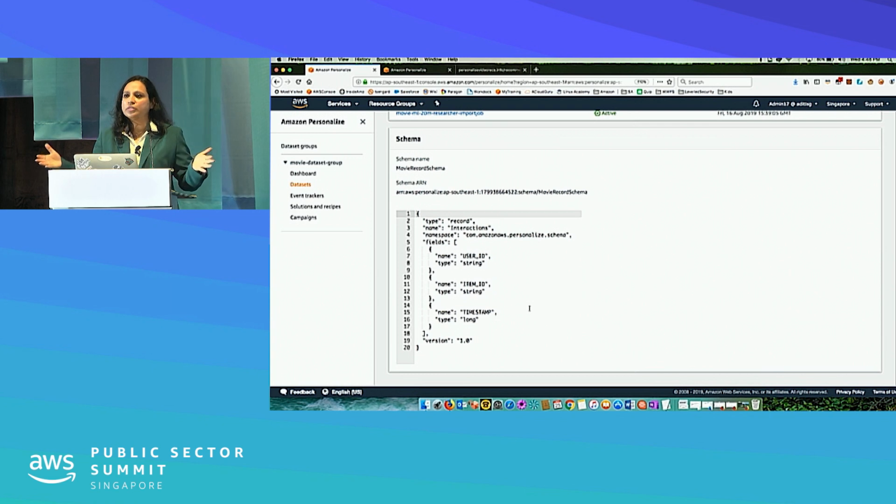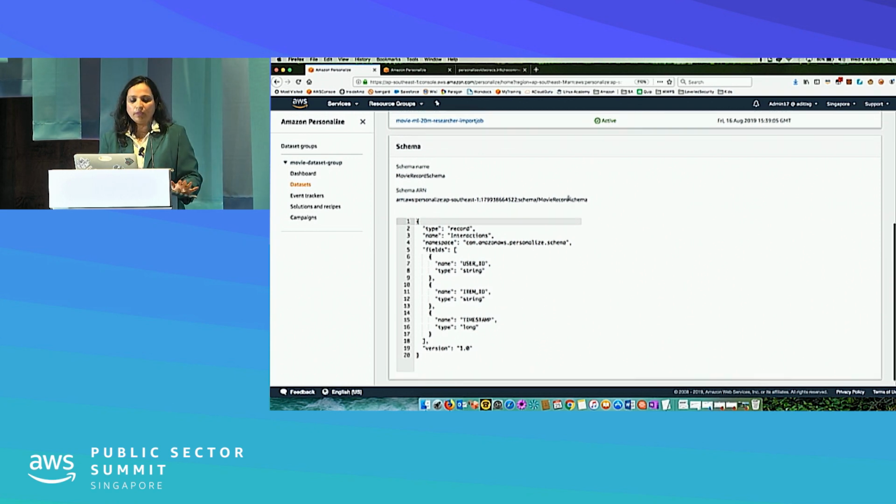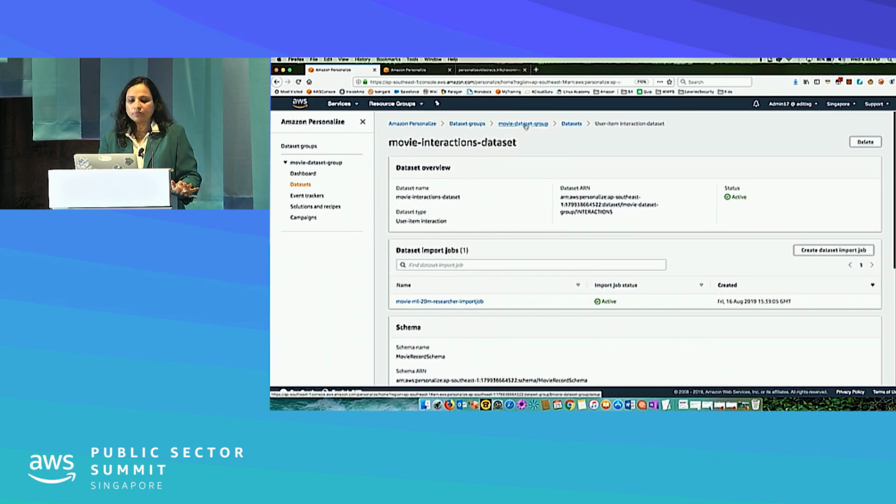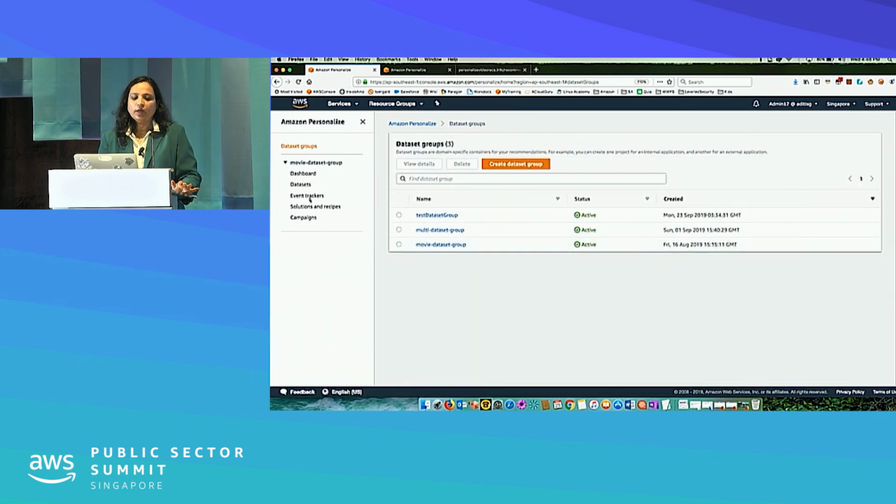So there are all different kinds of interactions that happen, which is true for any of the data that you might be wanting to do. Similar for courses, similar for other stuff that you might have. So you can add all those details here. I have kept it very simple. Then the next step that I do is, once I have the data set group, I just go,